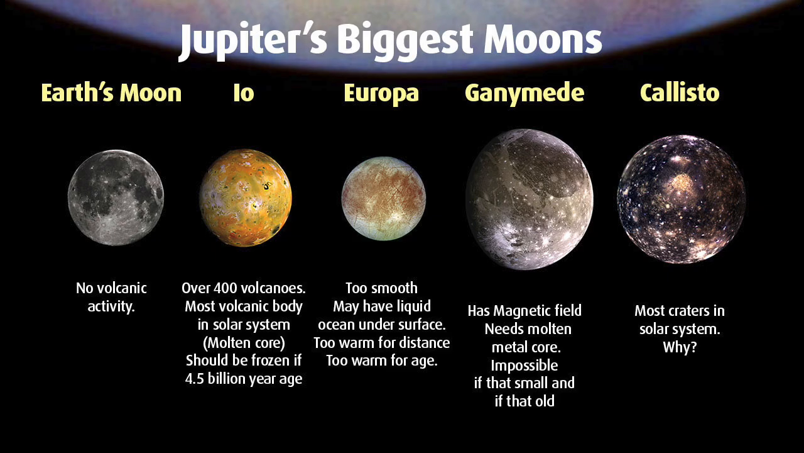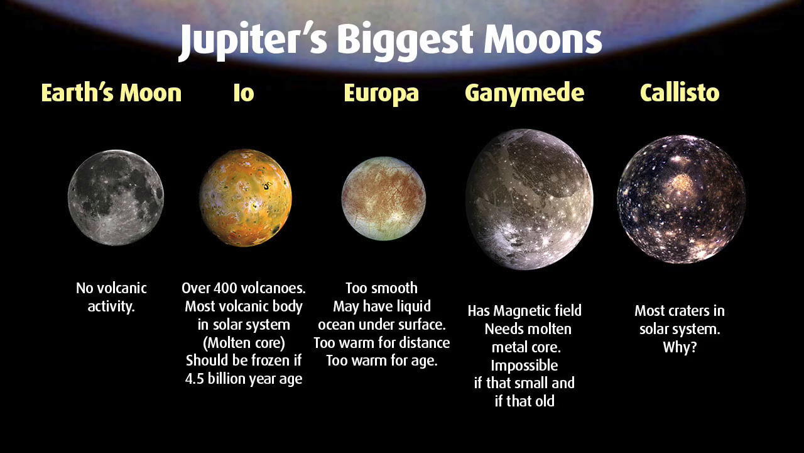Our moon has no volcanic activity. It's considered pretty much a solid rock. But Io, which is almost exactly the same size, has over 400 volcanoes. And of course, volcanoes require heat. And they are so much farther away from the sun that it should be impossible for a body the same size as our moon. Europa also is too smooth, has no craters visible because it keeps getting melted away. Therefore, it has heat, and it likewise should not have that much heat